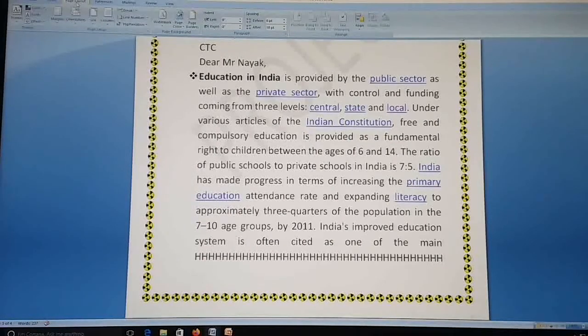This is all about some of the features of Microsoft Office Word. In the next class we will start Microsoft Excel and PowerPoint. For today,